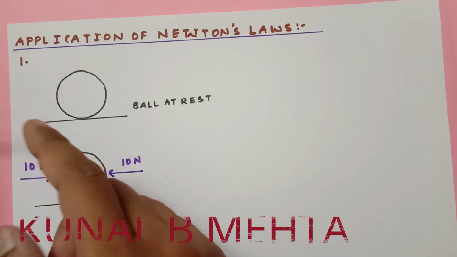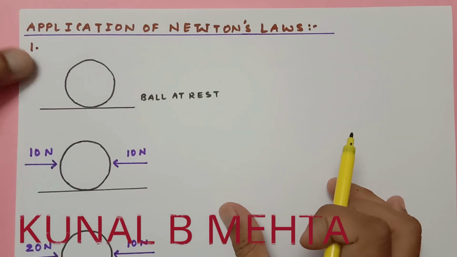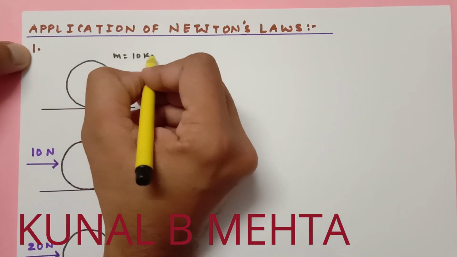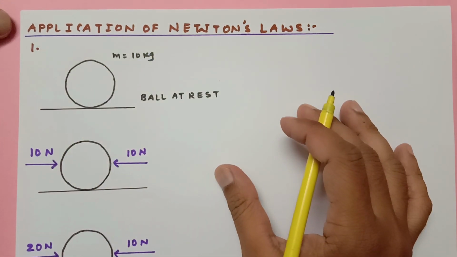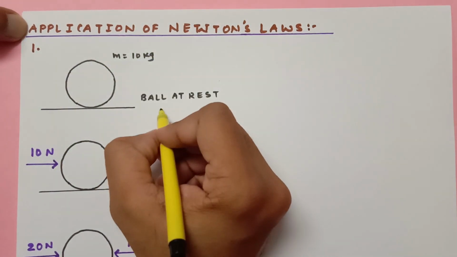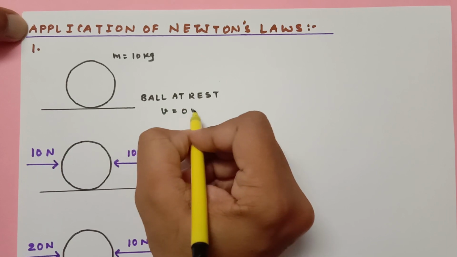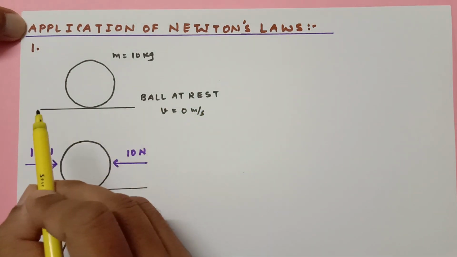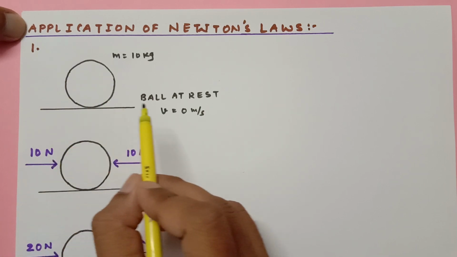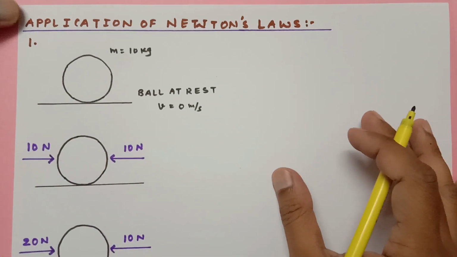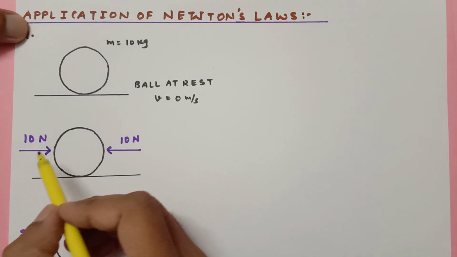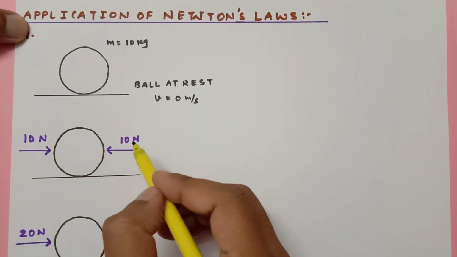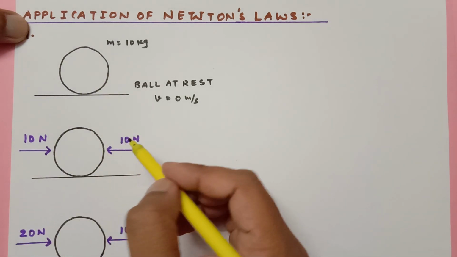Here is a ball and the mass of the ball is taken as 10 kilograms, and the ball is at rest. So if the ball is at rest, its velocity is 0 meters per second. I'm going to assume the system over here as the ball, and the surface to be frictionless, right? In this particular case, the ball is acted upon by 10 newton forces